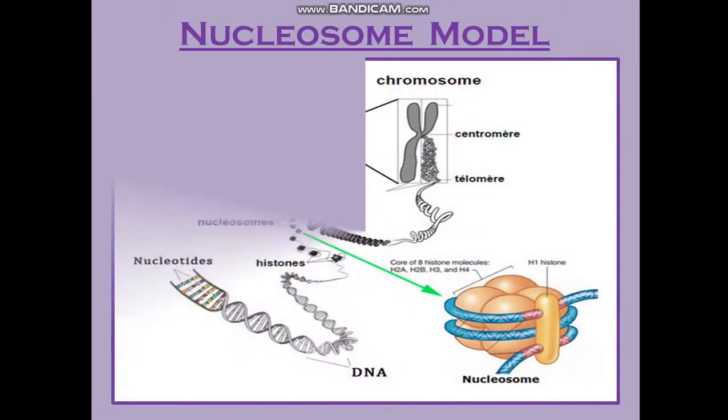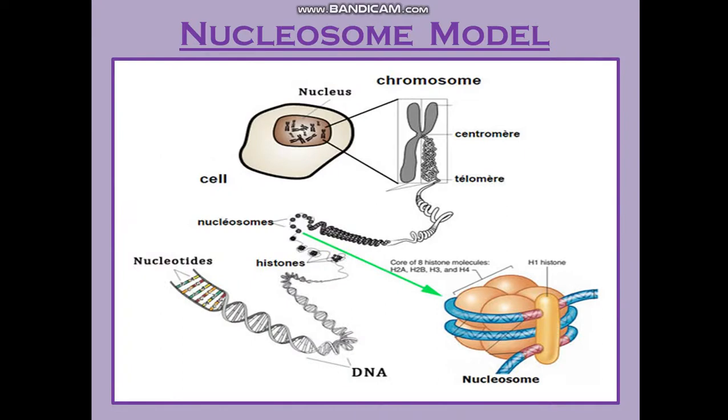Okay, moving forward, the nucleosome model. See the nucleosome model, you have already studied the nucleosome model in class 10th. So see what happens inside the nucleus. There are chromosomes. Chromosomes are the condensed form of chromatids. How condensed? Let us start from nucleotides. If this is the nucleotide structure, the sugar phosphate backbone, all having nucleotides stacked one upon the other. These nitrogenous bases are stacked upon the sugar phosphate backbone. They are showing a coiling structure, and this coiled structure is called the double helix of the DNA.